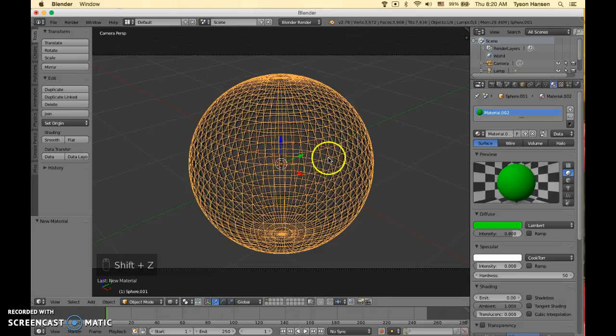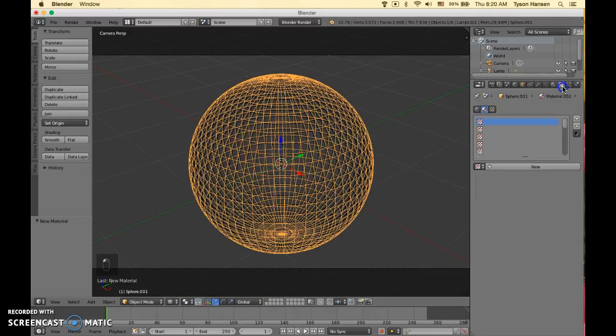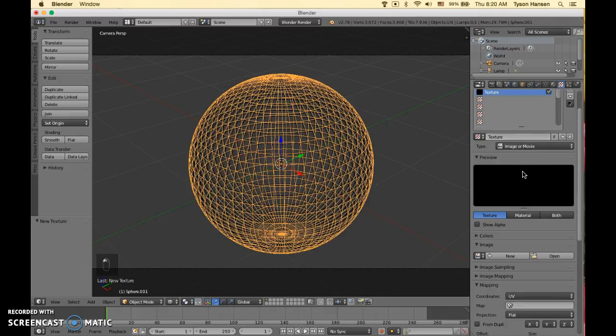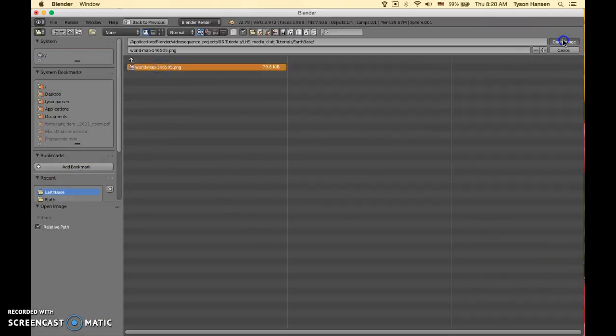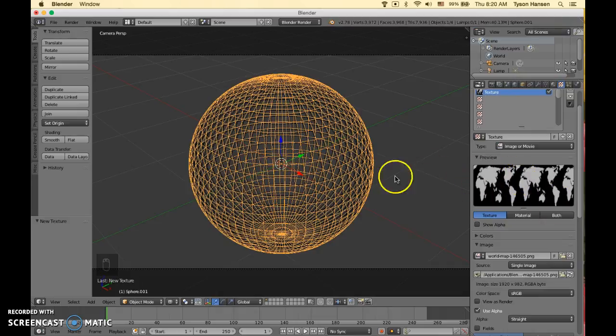And now I need to give this earth the texture of the continent. So over here, next to the materials, is the texture tab. And I'm going to select that and hit new texture. And I want to select an image, so I'm going to go open, and I've already saved this image of the world map. And here's what the world map looks like. But if you go into rendered mode,